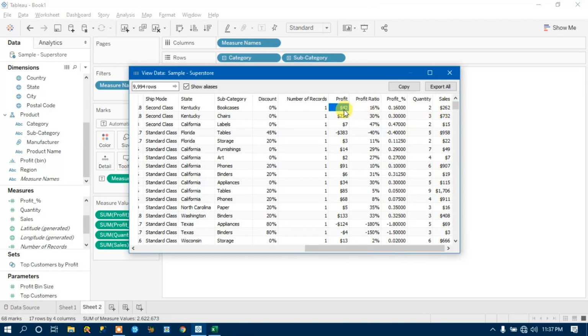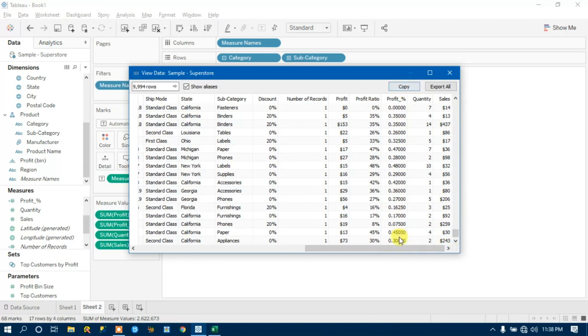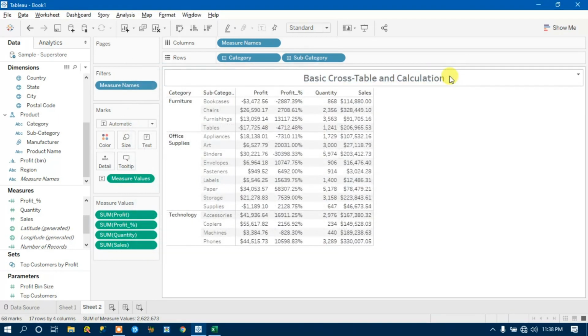If you divide profit by sales, you will get 16%. That is correct. But at the end, it is aggregating all the percentages, doing equal to sum. This is not the correct way, because there could be many duplicate items. It is just aggregating at row level, and we don't want it aggregated like this.